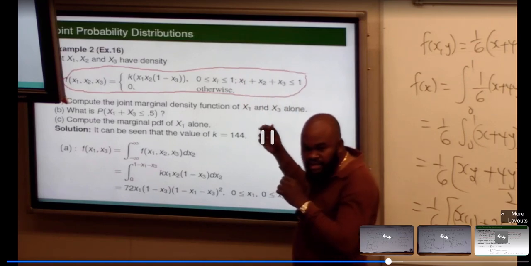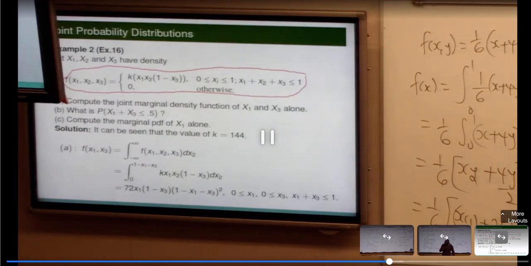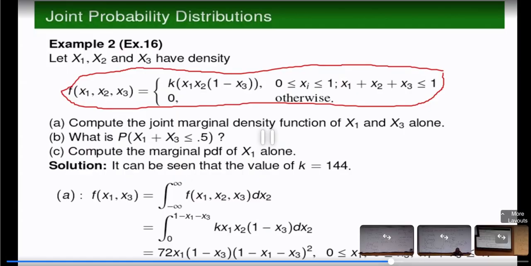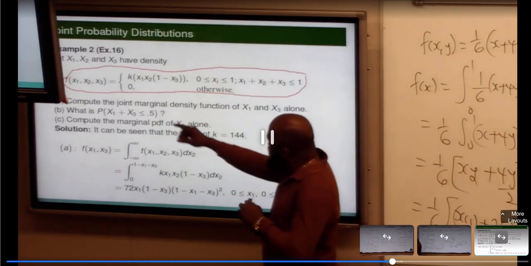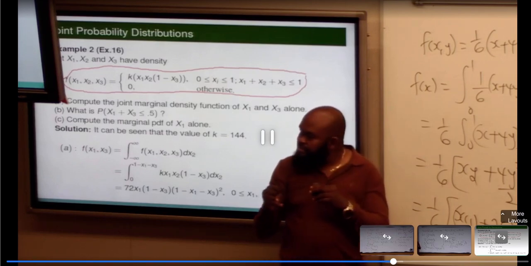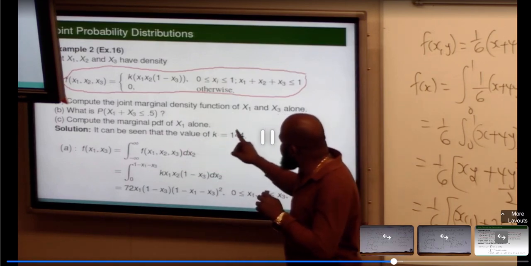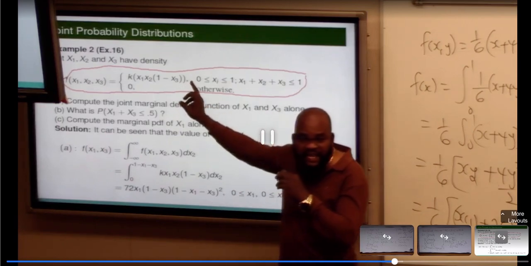And we have another restriction. Take a look at that. This looks like the chemical example that I walked you through the other time. x1 plus x2 plus x3 must be less than or equal to 1. Okay, now I need you to pay attention. The very first question said, compute the joint marginal density function of x1 and x3 alone. Let me tell you this. The full one has x1, x2, x3. If I'm interested in just x1 and x3, then it means I'm actually going to marginalize. I'm going to integrate